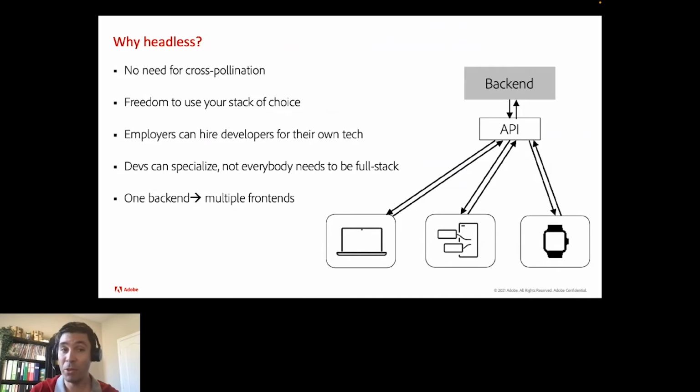And if you are in JavaScript, you can keep innovating in that space. Employers will also hire you for expertise in your stack, not for your broad full stack knowledge. When developers specialize in one stack, they become so good that only at this point does it actually drive innovation.